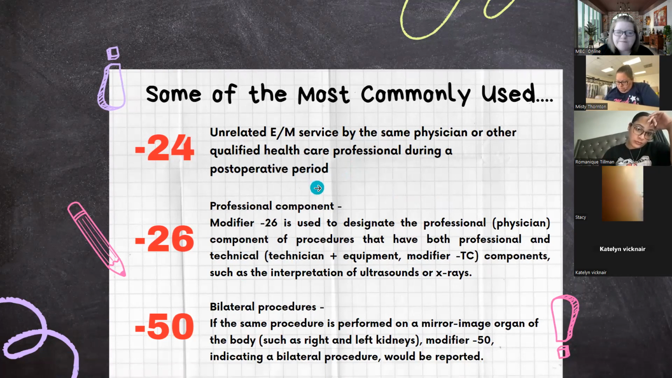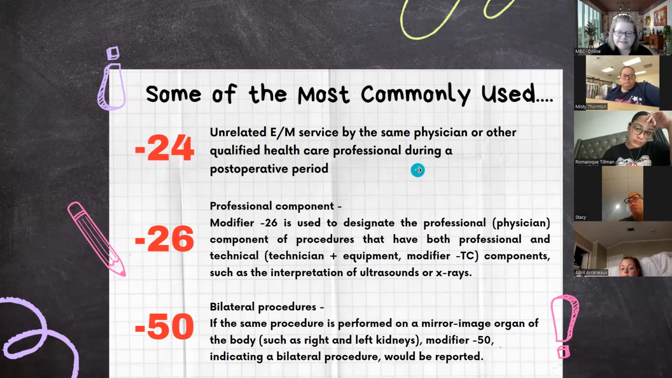But number 24, unrelated E&M service, which again, that's like an office visit, by the same physician or other qualified healthcare professional during a post-operative period. Okay, so in layman's terms, basically that is, if a patient had a procedure done and there's a global period called a post-operative period, right? It's usually 10, 30, 90 days, depending on what the procedure is. If they're in that period and they go to that same doctor for something else, they have an office visit with that doctor